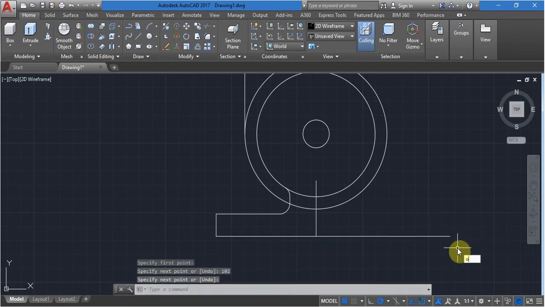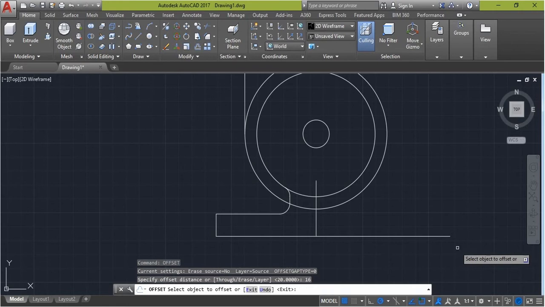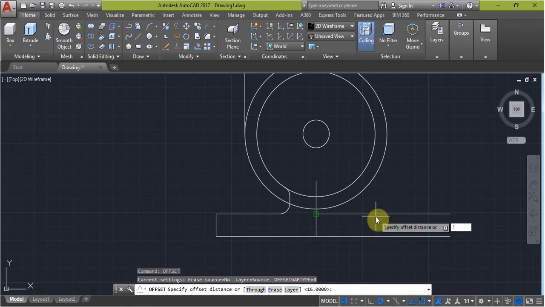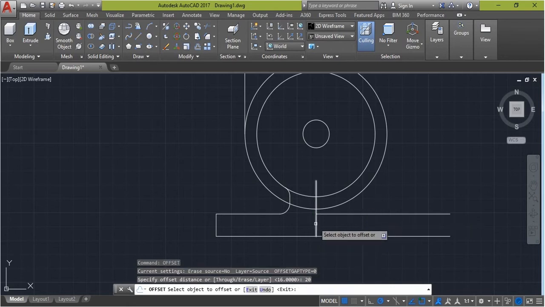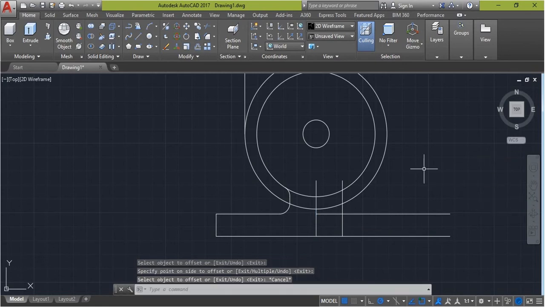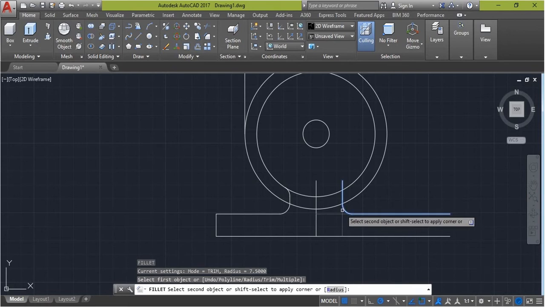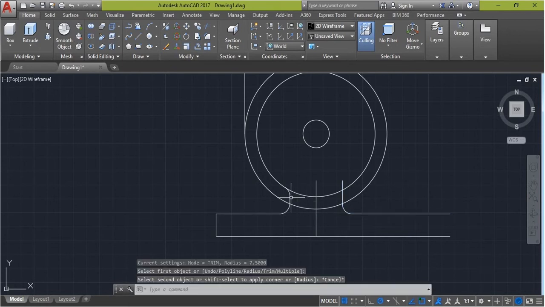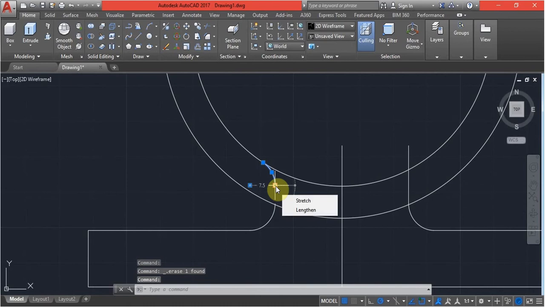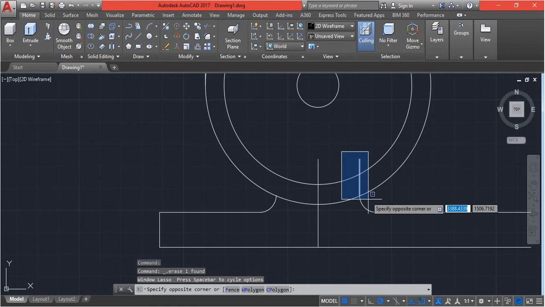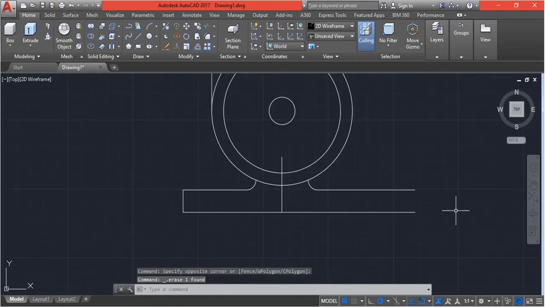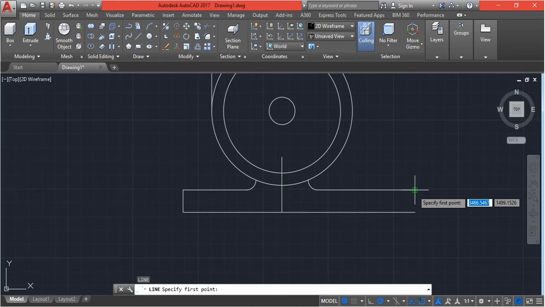Again offset this line 16, select the line, offset it, offset, enter the dimension 20 mm, select the line, and yes, here you can see I need to apply the fillet tool, and the value is default which you took earlier, and actually we don't need this fillet here, that's redundant. Just delete the profile, no more needed, and tap L, connect this profile first